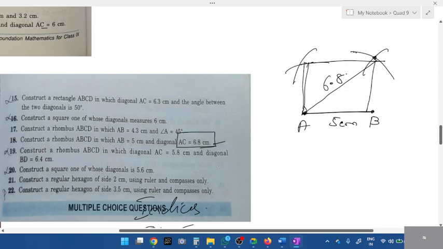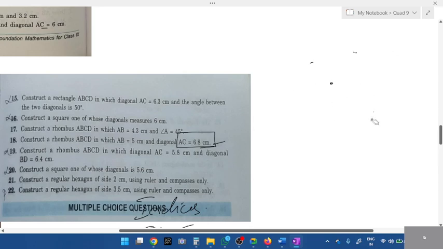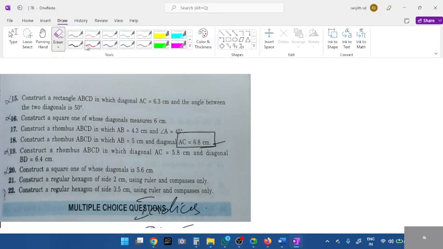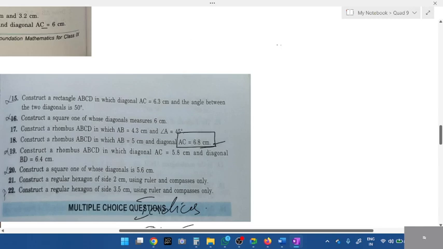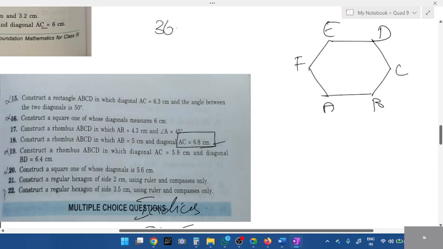Last year they had given hexagon questions 21 and 22. Let me solve the 22nd question. Shall we do the 22nd question? Regular hexagon. Okay. Other things you all revise. Look, hexagon is nothing but how many sides, students? A hexagon has 6 sides. Draw the base and 6 sides. Look here. A, B, C, D, E, F. 360 divided by 6. What's the angle? Each angle is